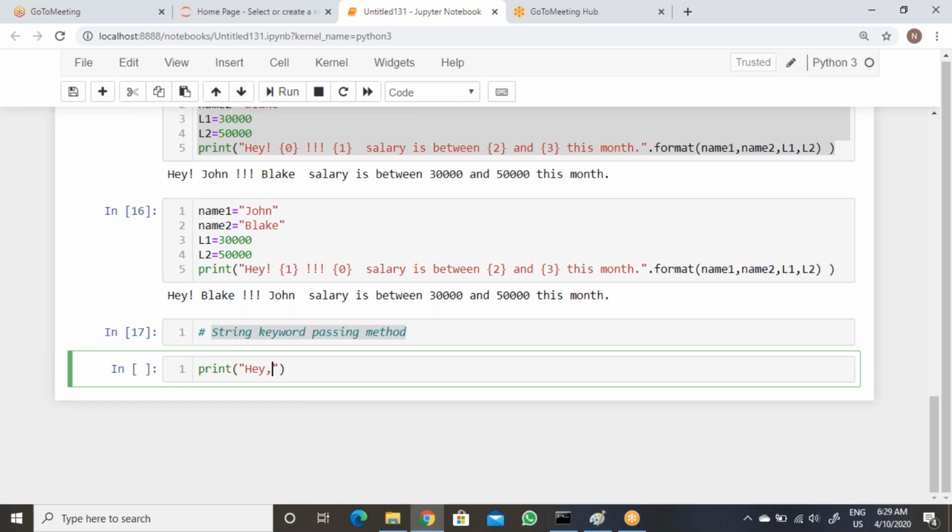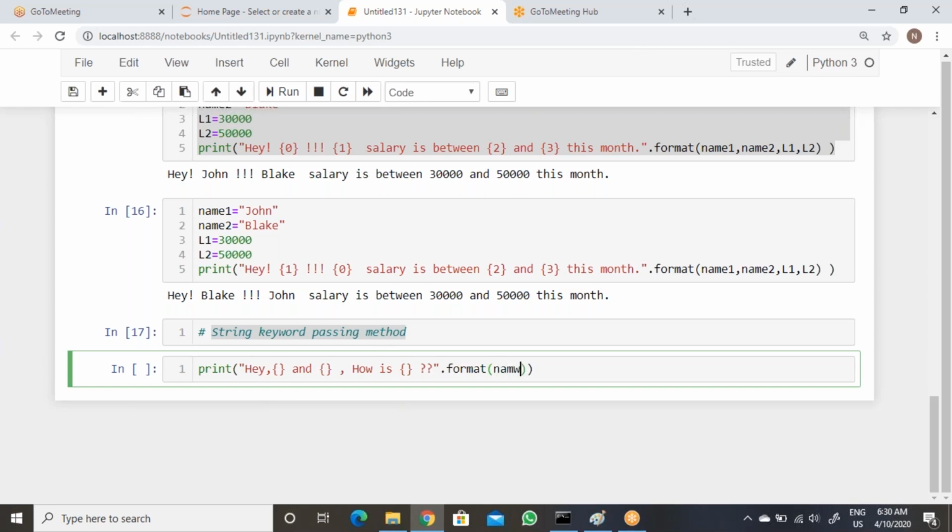Okay, fine. So now let's see. String passing method. String keyword passing method means instead of passing values, variables, and instead of passing numbers, directly you can pass keywords also. Like you can say directly print. Now let's see.